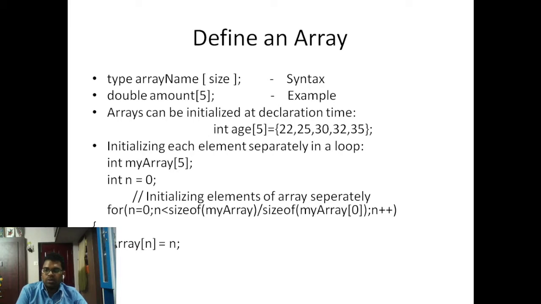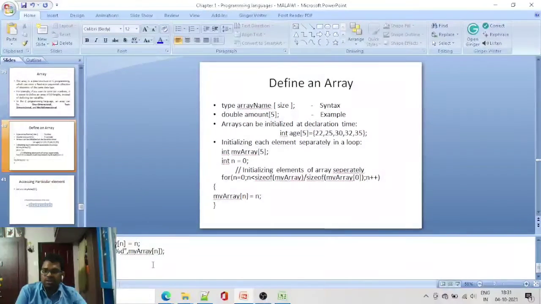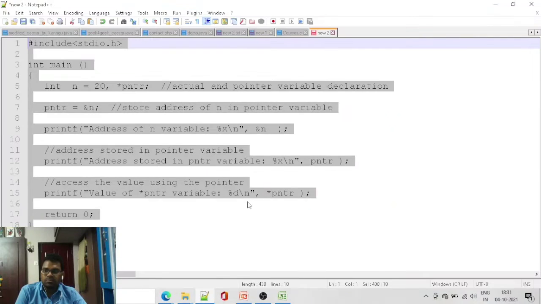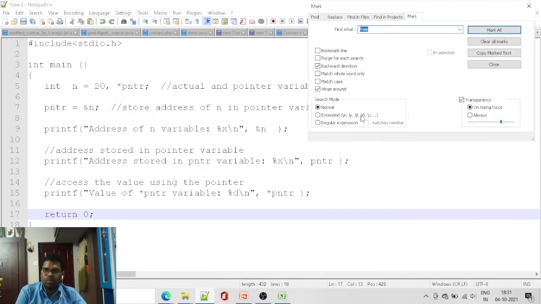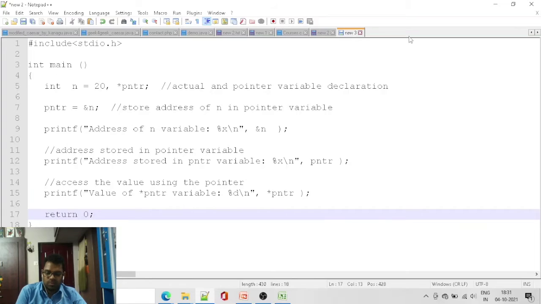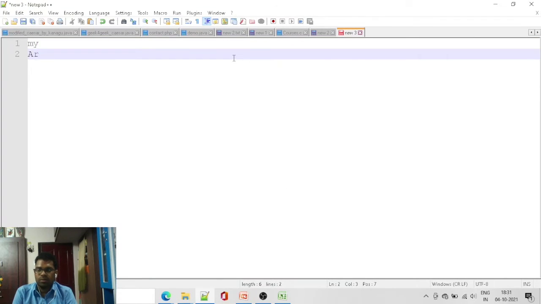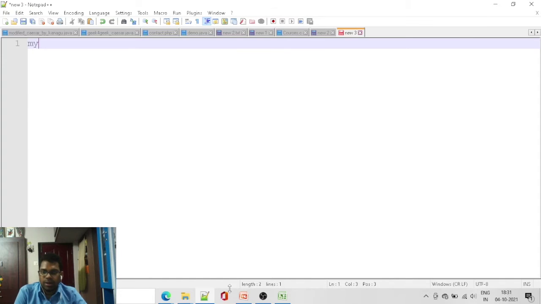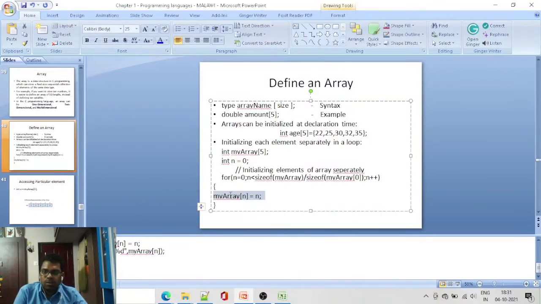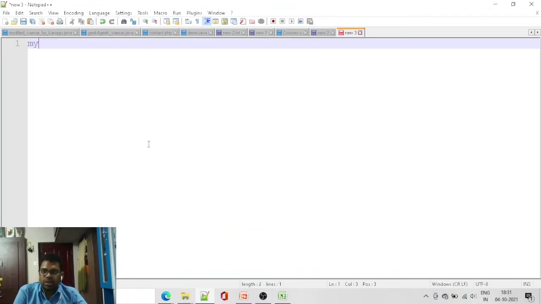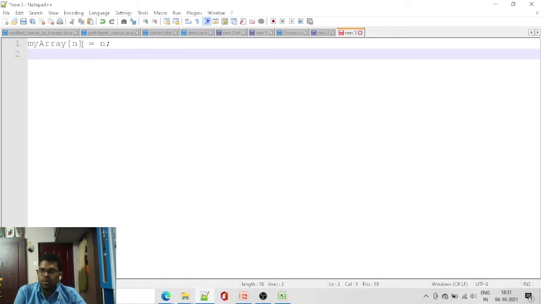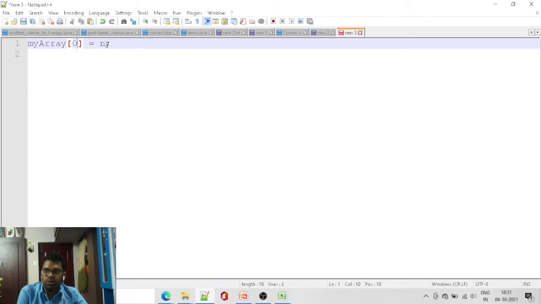So it looks like this. This is the line. In the loop, n goes to 0, and it stores like this only.